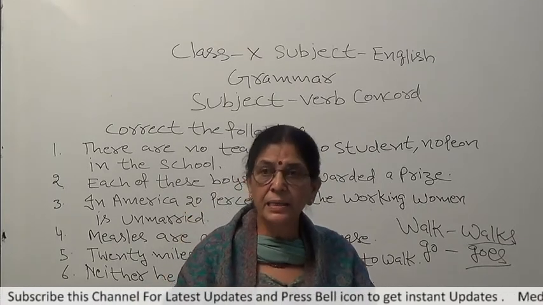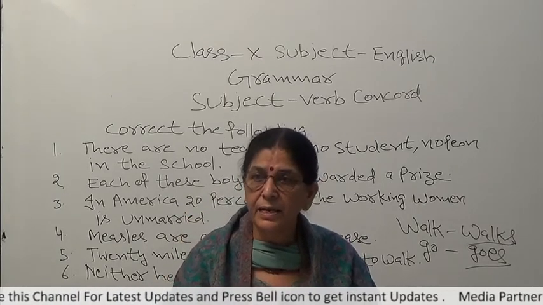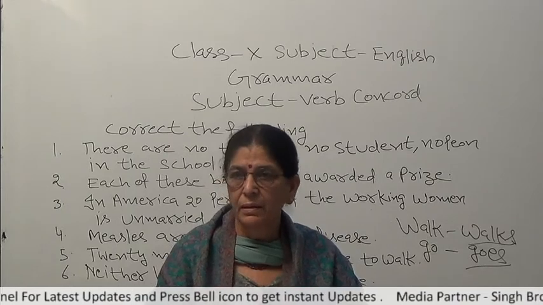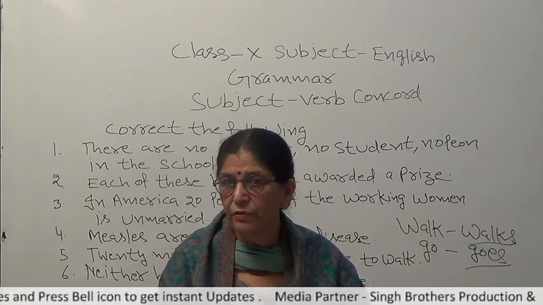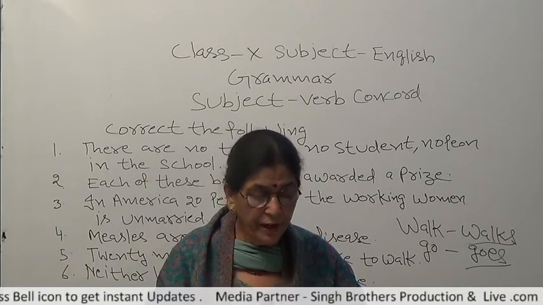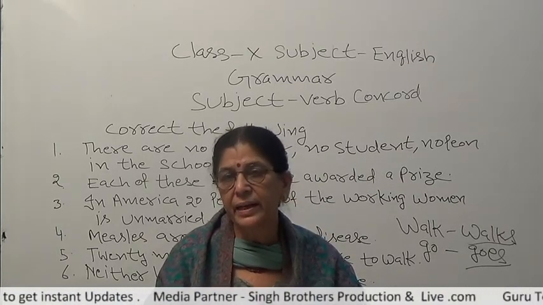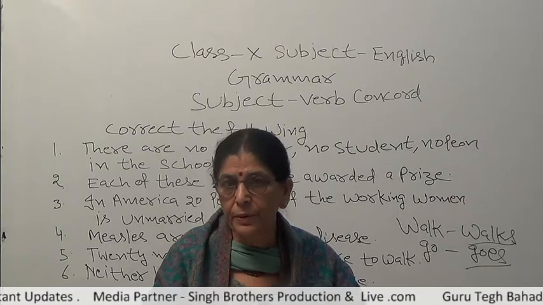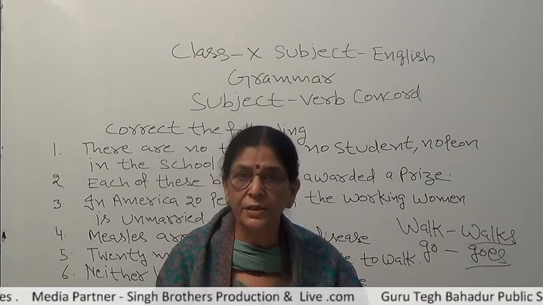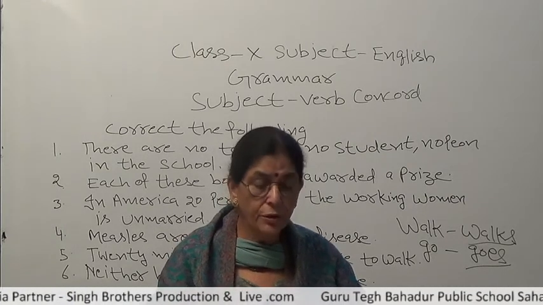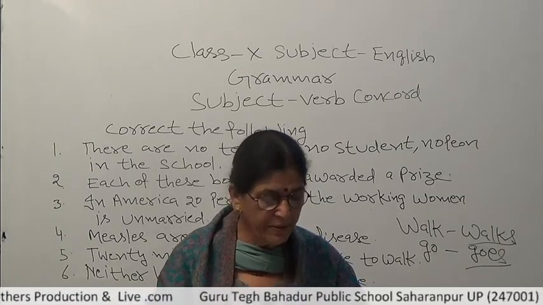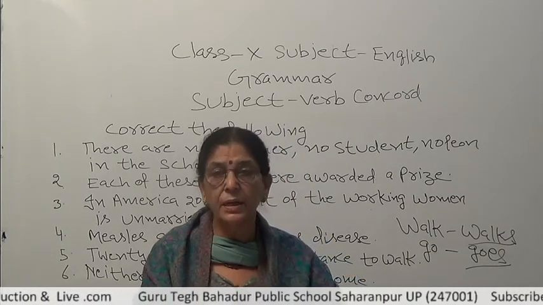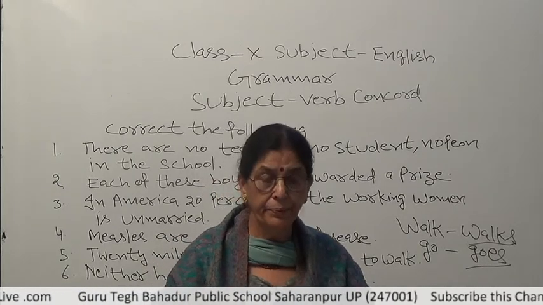He or his friends. Again, he or his friends. I am using he or his friends. Friends is plural. If it's singular friend, then I can use a singular verb. But now I am using friends. It's plural. So the plural verb we have to use in present. He or his friends are to be blamed.